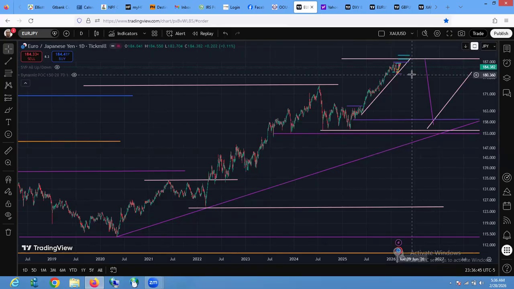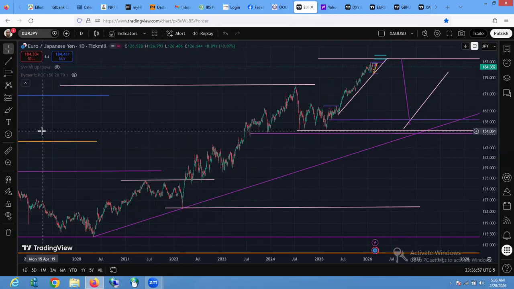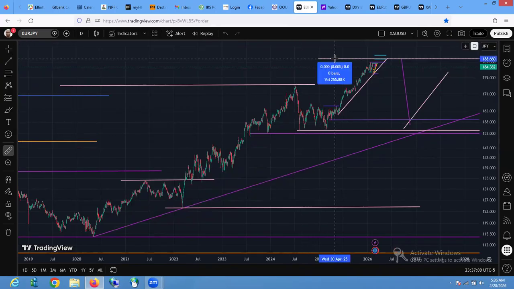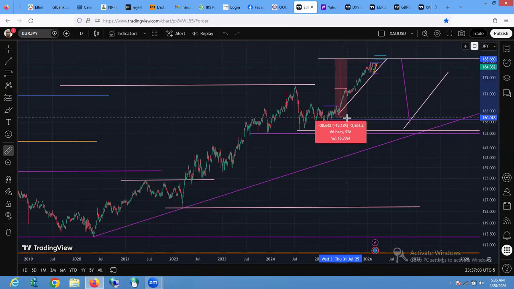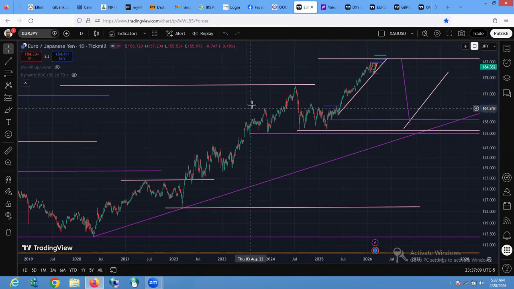So there are big movements that we are expecting. A lot of big movements, but we just have to get the timing right, because it might be a big fall. If that would happen from here, it might be a big fall of over 2,000, over 3,000 pips to 4,000 pips to the downside before the price will go up again. So we just have to get the timing right.